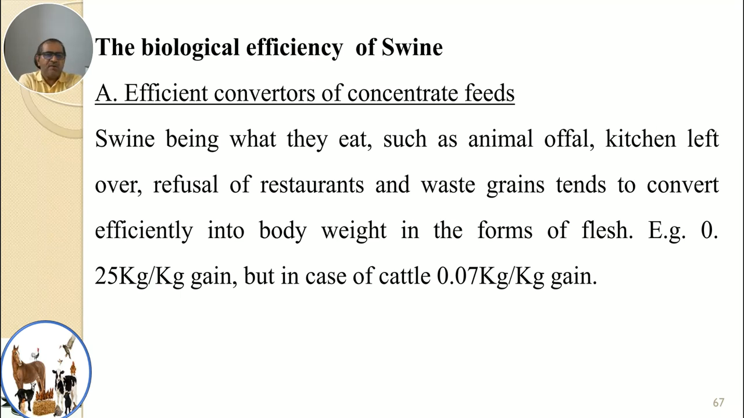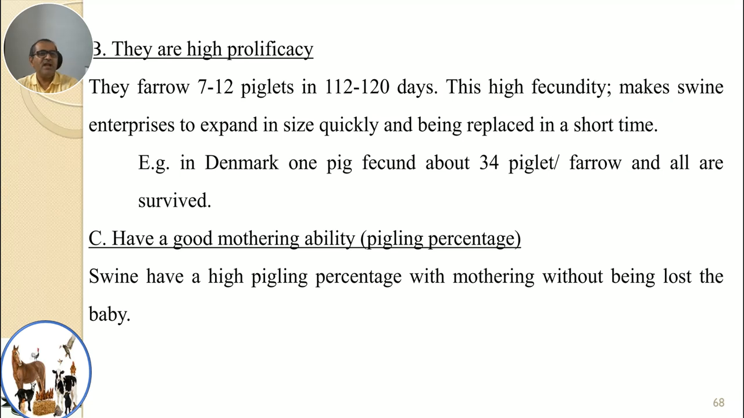So these animals have one of the fastest weight gains, at 20.25 kg per kg of feed gain, whereas in the case of cattle it is 0.07 kg per kg of weight gain. So these are one of the best meat producing animals, you can say, and